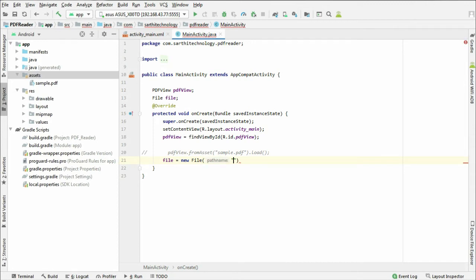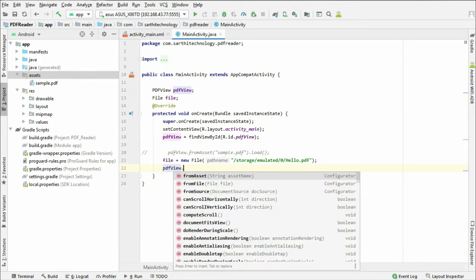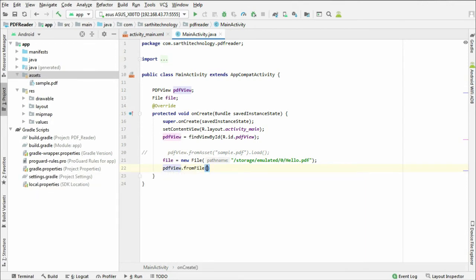So path is, okay, so this is the path, and in the next line pdf view dot from file, and this file object